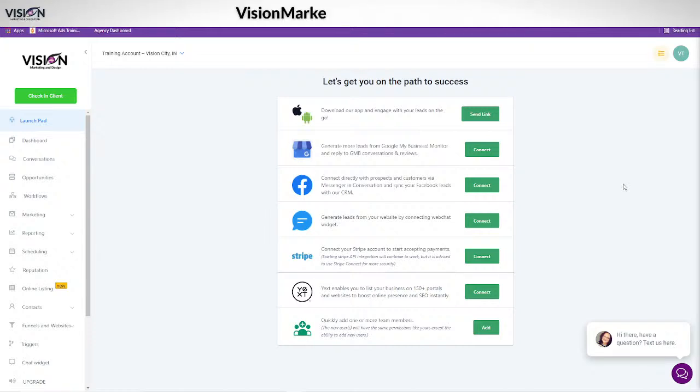Okay, so this is actually the dashboard, and what we're going to talk about mainly today, I'm going to give you a brief run through and hopefully answer a few of the questions that I've gotten from the team. I'm also going to show you an overview of the website builder and how you can access all of the templates that we have available. Okay, so again, that was a question that people had for me as well.